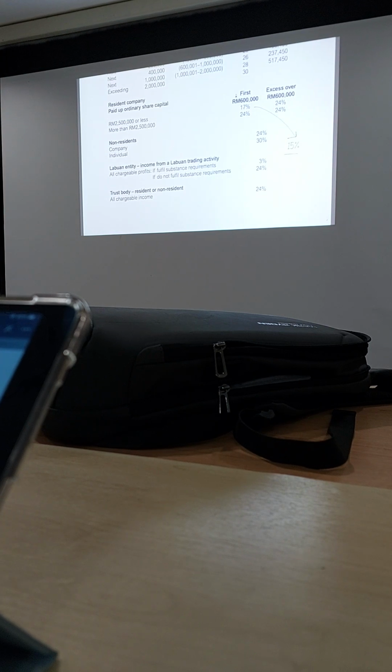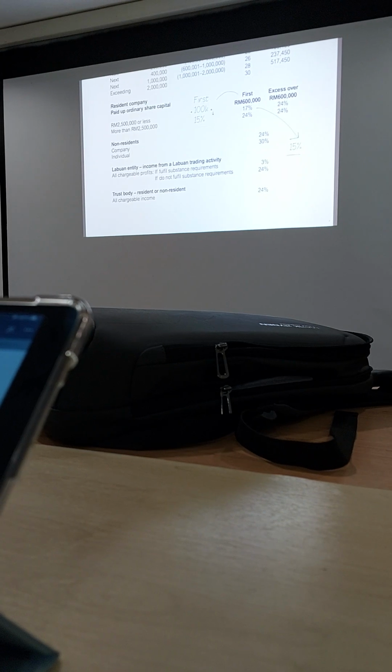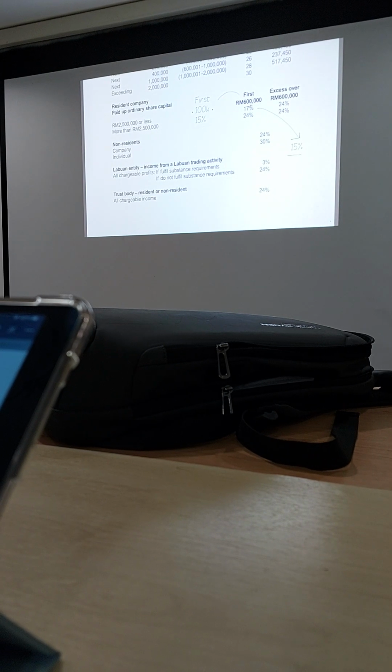Already started. Right now, the first 100,000 is 15%. So we need to cancel the 17 as well. Yes. In calculation, we need to use 15. 100K is 15%. Then after that, 17%. Then 24%. Now there are three tiers: 15%, 17%, then 24%. That's for SMEs. The first 100,000, after that next 500,000 is 17%.